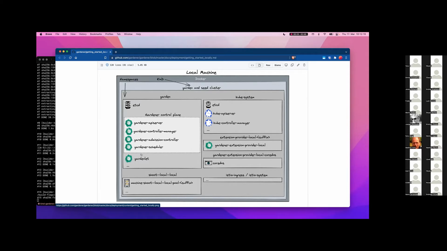And then a Gardenlet will be deployed to bootstrap the seed cluster, and also our local provider extension, which implements Gardener's infrastructure contracts or the cloud provider specific contracts to basically allow us to create a shoot cluster completely